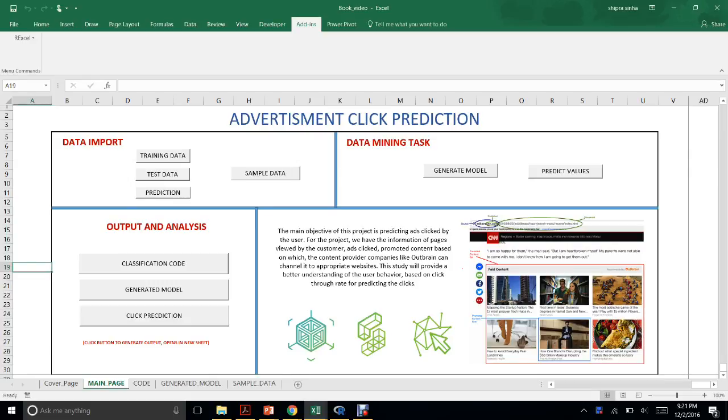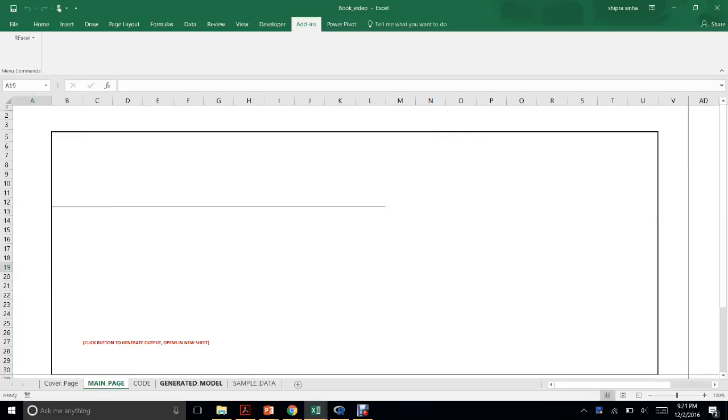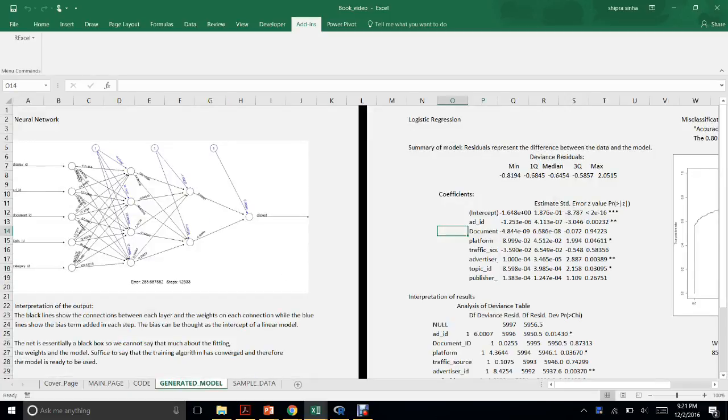By clicking on this link, this page will appear, and this contains the model for the neural network. The neural network contains 3 layers.